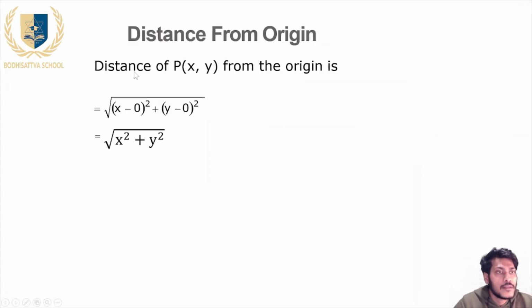Now if there is any distance from the origin, what can it be? Because we know if we make the coordinate plane, this is the coordinate plane and this is the origin where the coordinate is (0, 0), and I have to find the distance from the origin to any point that is given, (x, y). How can we find it? For this we know x2 is x and y2 is y, and